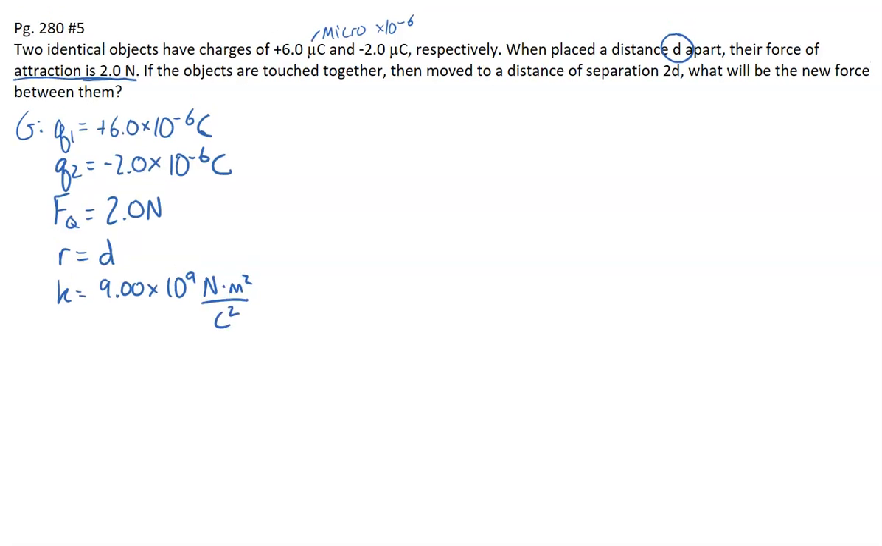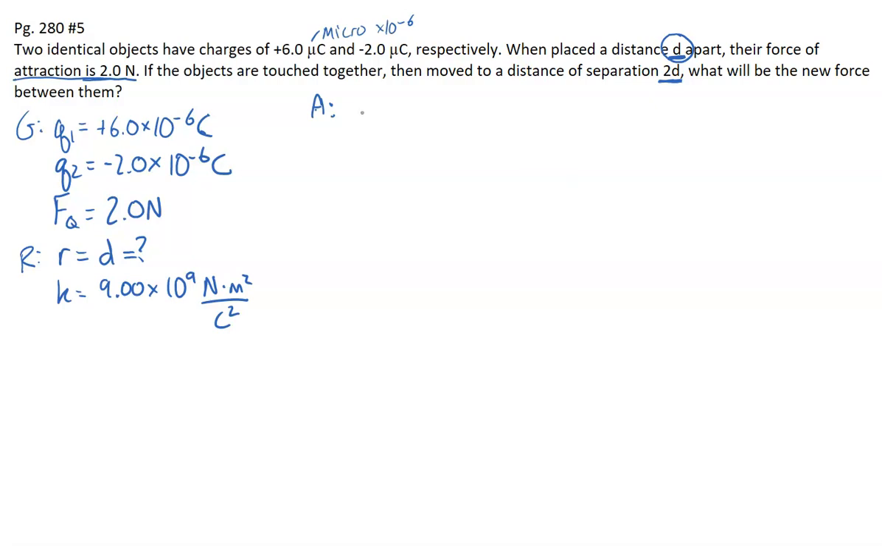Now really what we're after here, because this is two parts, we first need to figure out what that distance d apart is, and then we need to determine, when you touch them together and move them to a distance of twice that, what the new force is. So the required value really is this r value. What is that distance, that d value that they're apart? And so the way we could analyze that and come up with a solution